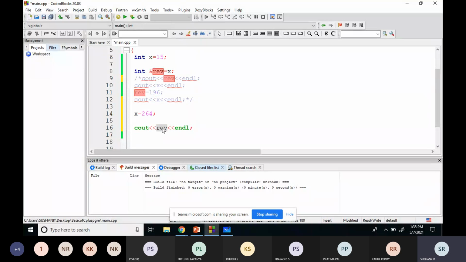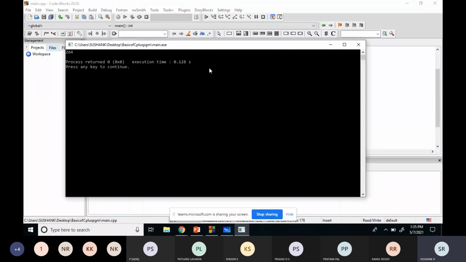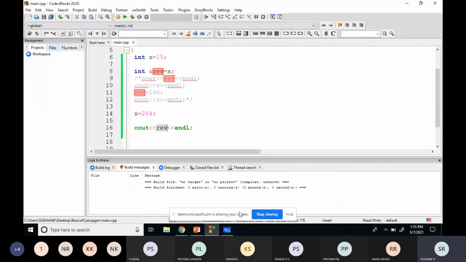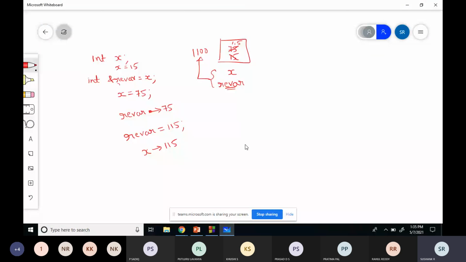I've changed the value of that location through variable x, but it is getting reflected in the reference variable also. Both x and rev are referring to the same memory location. Since they point to the same location, you can use these variables interchangeably. Whatever change you make to one variable will be reflected in the other variable also.